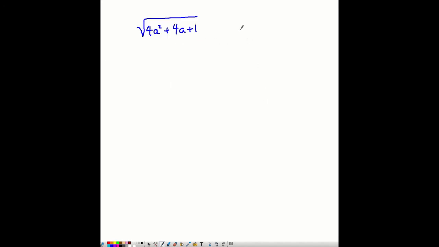This is interesting. We're going to factor it and see if we can come up with a factor. Remember, the square goes in the one corner, the constant goes in the other. I need 2 numbers that add to give me the middle term, the 4a. So I'll start with 2a and 2a, and 1 and 1. And sure enough, 1 times 2a is 2a, and 1 times 2a is 2a, and those 2 add to give